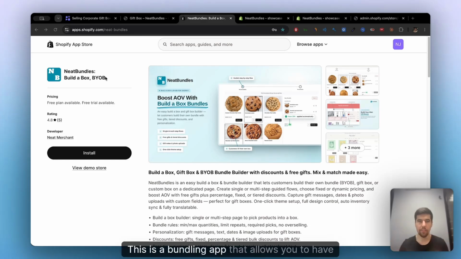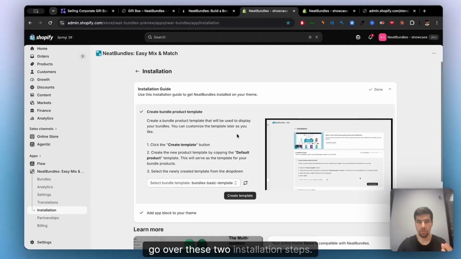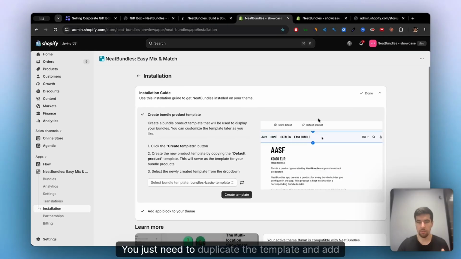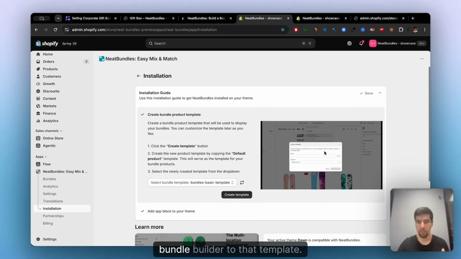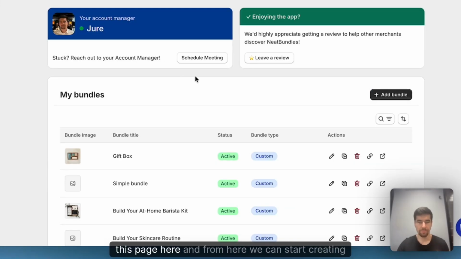This is a bundling app that allows you to have these bundle builder pages where a customer can come and create their gift box or any kind of box. We need to install the app on our store. Once you install the app, you will just need to quickly go over these 2 installation steps. It's very easy. You just need to duplicate the template and add the bundle builder to that template. There's a tutorial down there. Once you're done with that, you'll be redirected to this page here, and from here we can start creating our